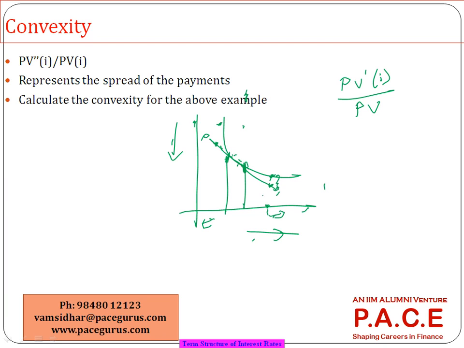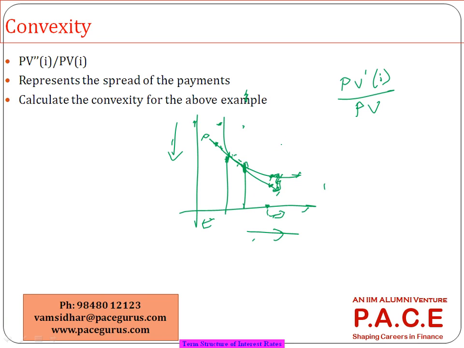So there is a gap between what the duration is predicting and what the actual price is. To minimize that gap, we introduce the next derivative, called convexity,